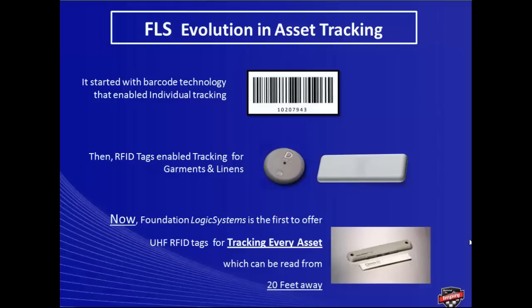Our company involvement in asset tracking started originally, which I'm sure most of you figured out, 18 years ago, with barcodes. And at that time, as I mentioned earlier, we were only able to use a system for uniforms. From that point, about 8 years ago, we installed the first system using HF tags that I'm pointing to on the screen now. It was installed at the Harrah's Casino in New Orleans, and it was a real advancement from